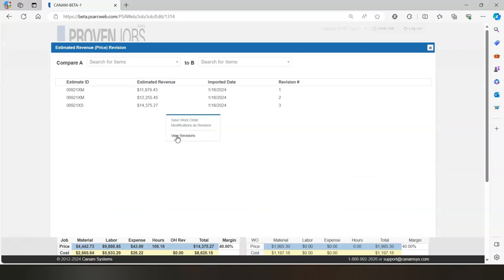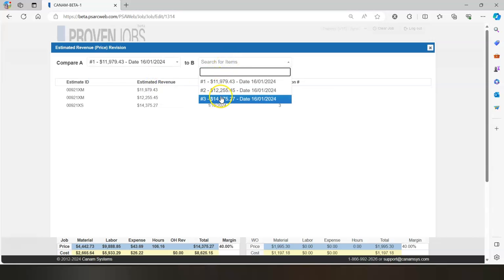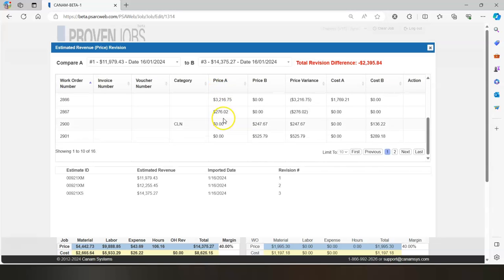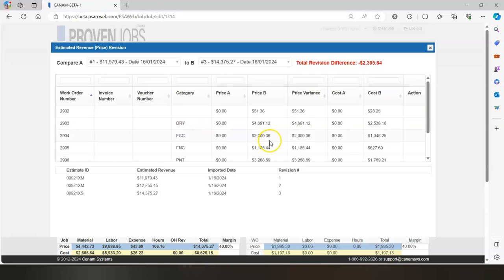If I select View Revisions, here you can see every revision or modifications from estimate imports or updates that I have done to this job file. You can see the associated Xactimate ID and update based on the associated import and import date. If I choose to select this specific estimate and compare it to another estimate or modification, the system will show me what has been modified or changed. There was a modification of a total revision difference of